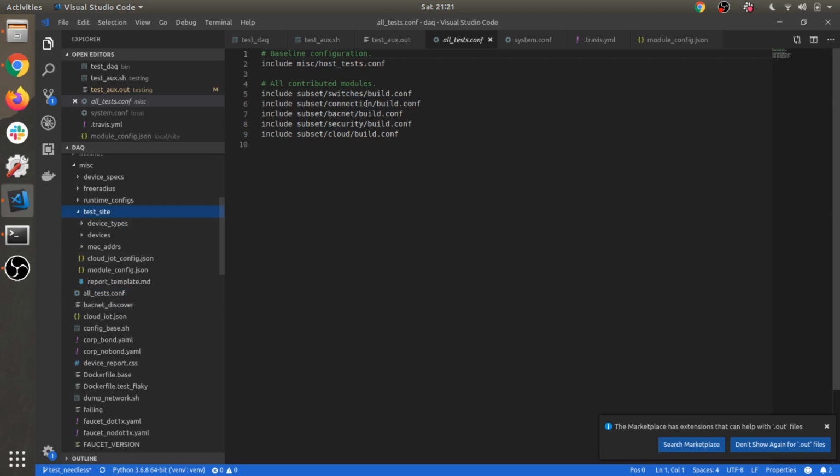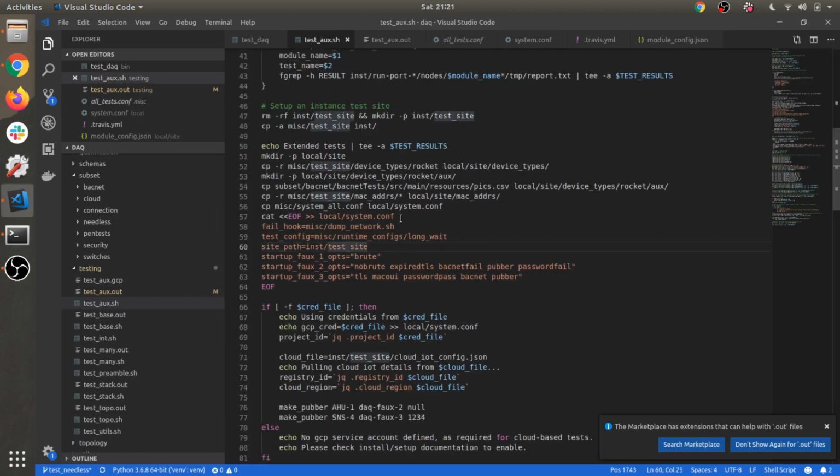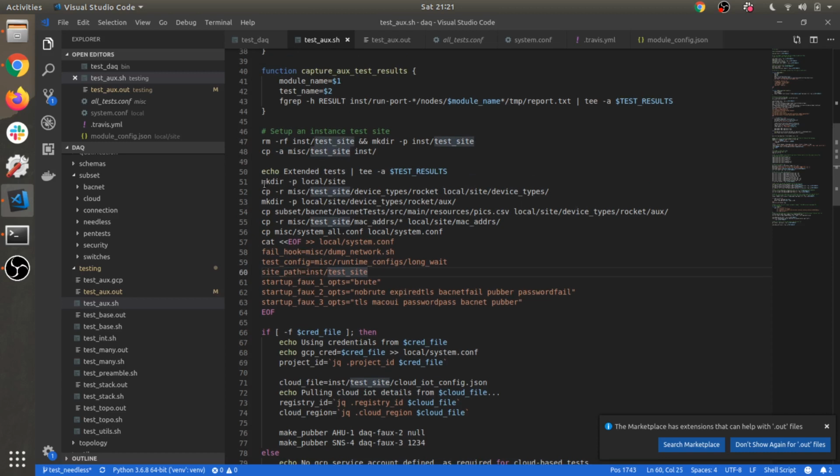Ooh, is that correct? Let me just refresh my memory, actually. Is that true? Let's just go through it. So we're going to copy in all of our device types, the pics, and so on. We're going to copy in misc system all.conf into our local system.conf, and then we're going to add these extra